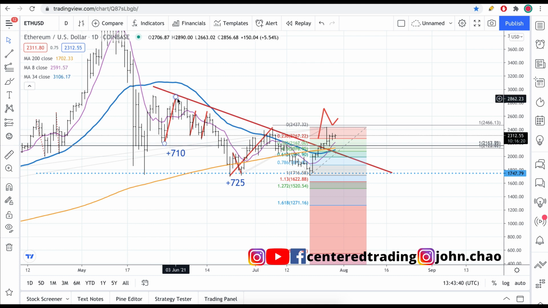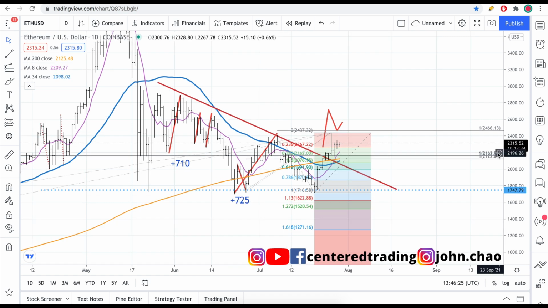From this pivot low to pivot high, it's about $710. From this pivot low to pivot high, $725. We run these calculations to see if these patterns repeat themselves over and over on a chart. So from a pivot low to pivot high, right around 710, 725, could some resistance come in and send the